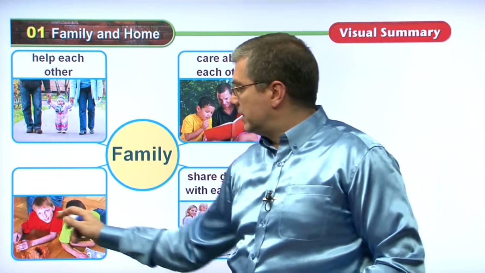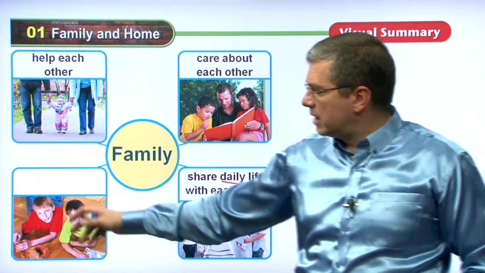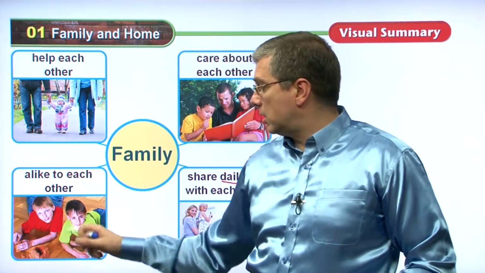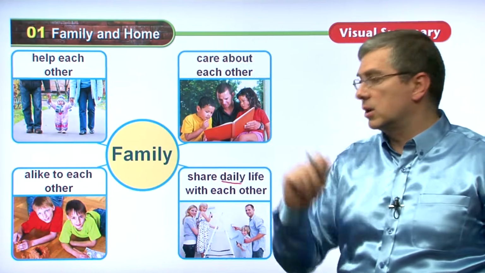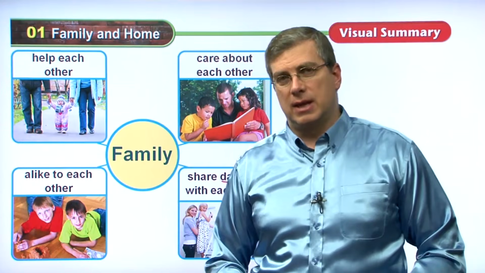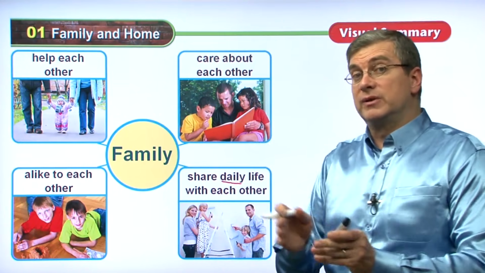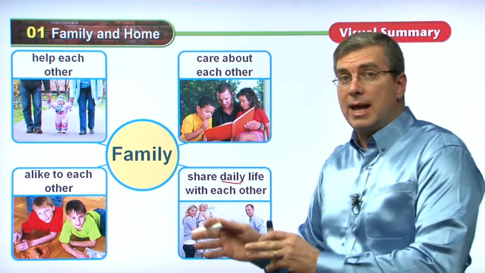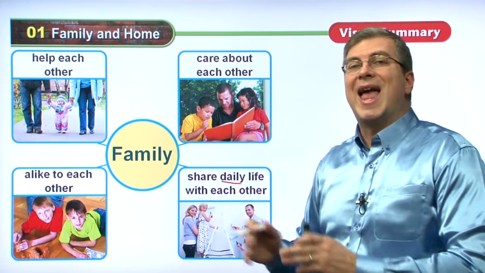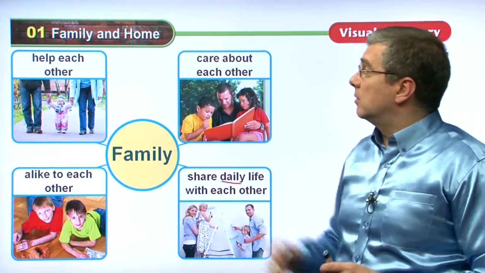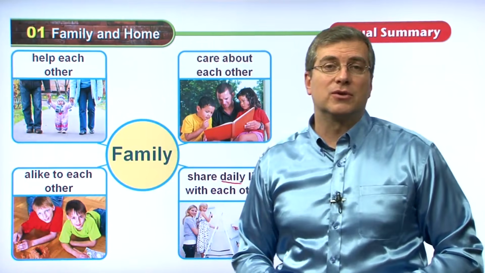What about these two kids here? They look like brothers, right? What can we say about them? Do they look alike? Yeah, they kind of look alike. They might also act alike, right? Remember, you can look alike, you can also act alike. And that's very true about family members. Family members will typically or usually look alike. They will also very usually act in the same ways. They will act alike.